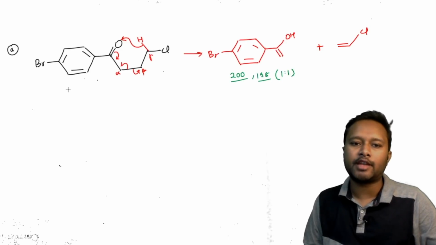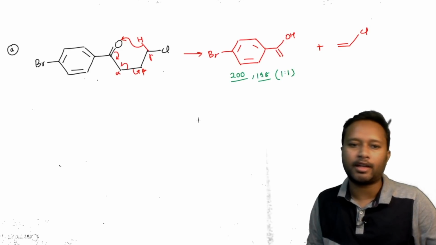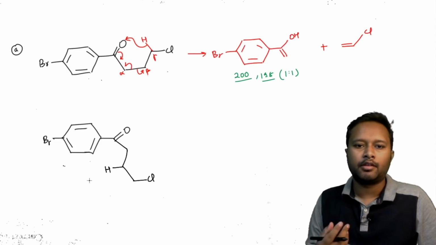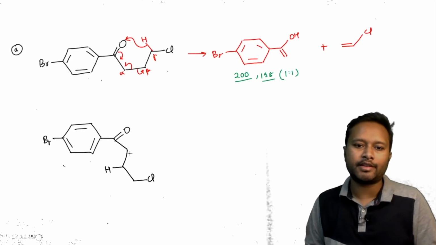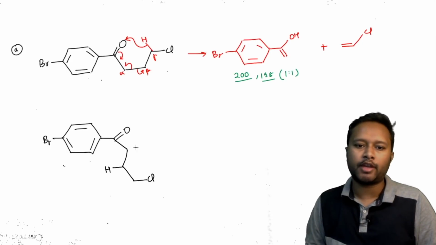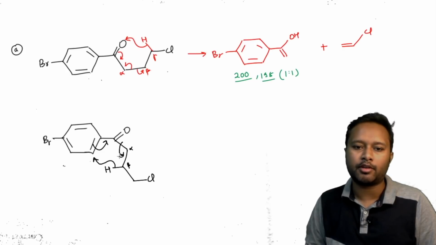The other thing which can be possible over here will be like, I'll just draw the molecule once again. The same molecule, I have just drawn it in a different way right now. So here you can see that what I have shown is through this particular one. This is alpha and this is beta. I have shown you beta hydrogen in this case. Now one more type of McLafferty rearrangement which is possible is movement of this hydrogen over here. This double bond will move in this side, and the bond between this is going to break. So this particular bond is going to break.